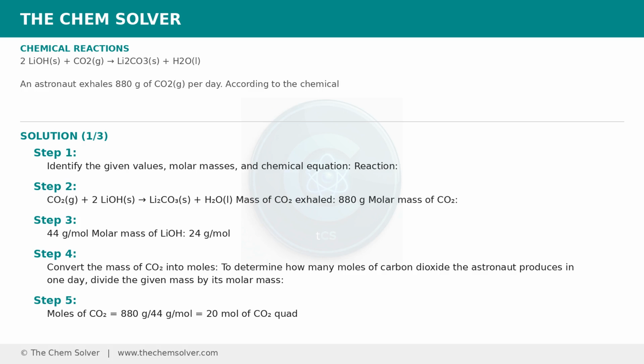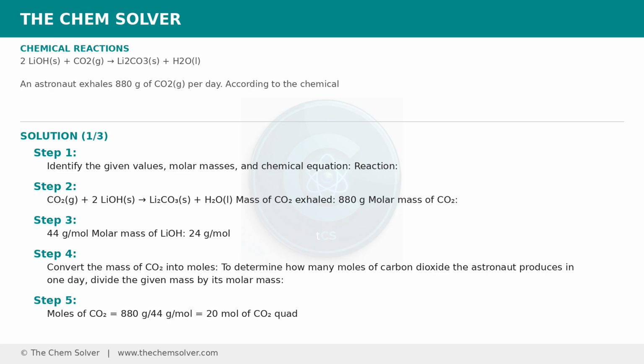Identify the given values, molar masses, and chemical equation. Reaction: CO2 plus 2LiOH gives Li2CO3 plus H2O. Mass of CO2 exhaled: 880 grams. Molar mass of CO2: 44 grams per mole. Molar mass of LiOH: